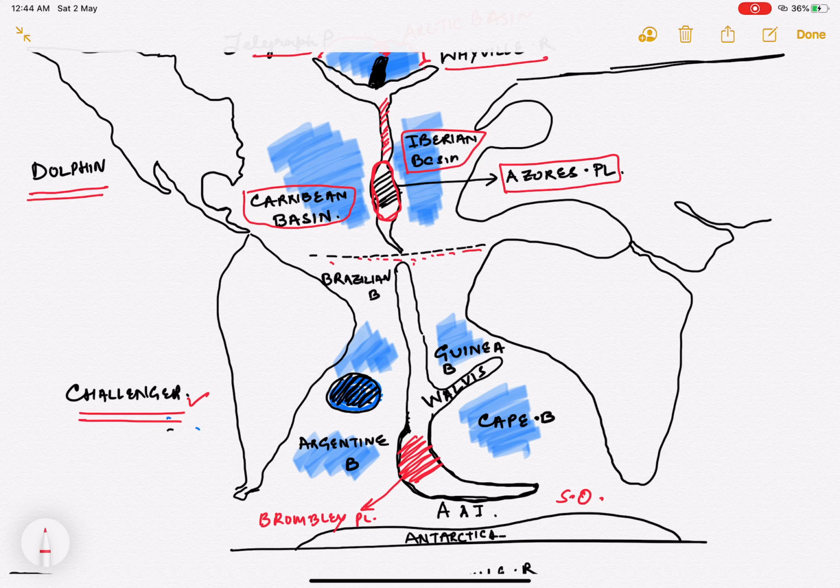First of all, we'll go for this eastern part. Within the eastern part, as you can see, the Challenger Ridge consists of your axillary ridge. Now this axillary ridge is called the Walvis Ridge, separating the basin into the Guinea Basin in the northeast part and the Cape Basin in the southeast part. Similarly, we have your Rio de la Plata rise,